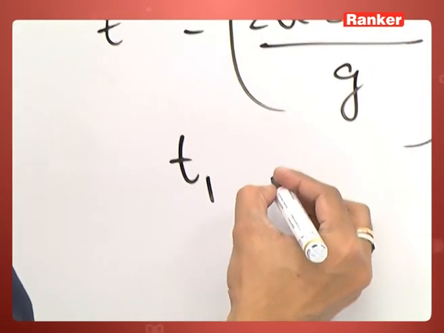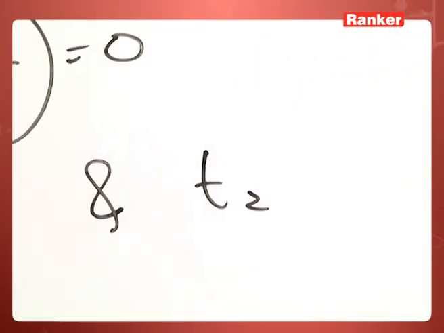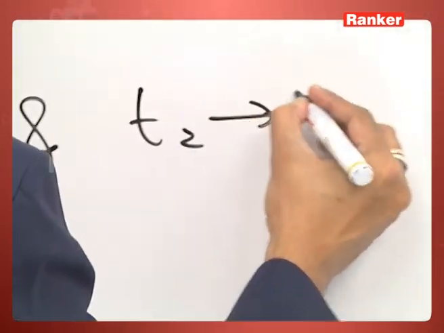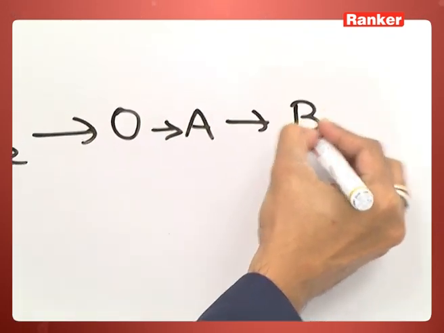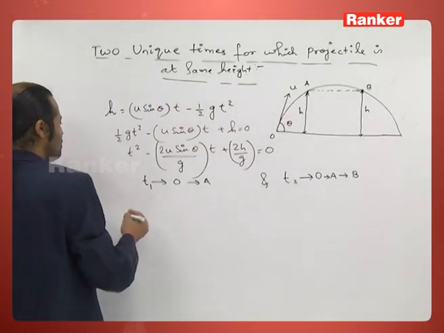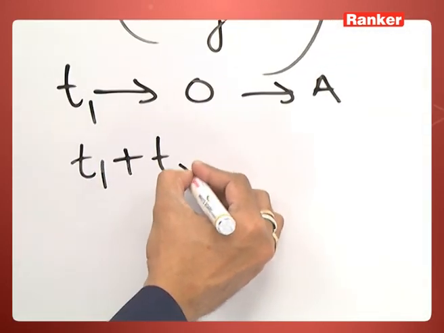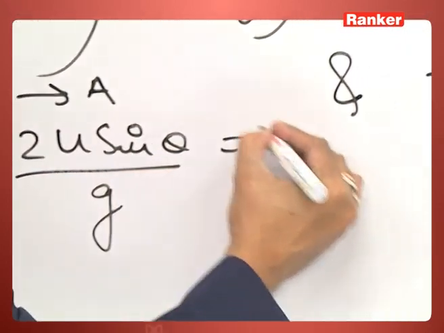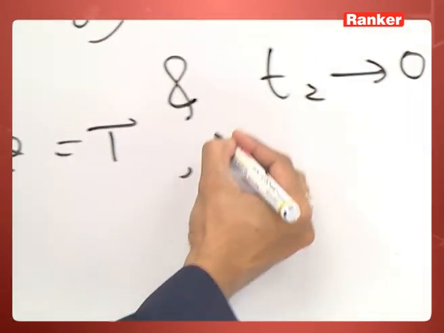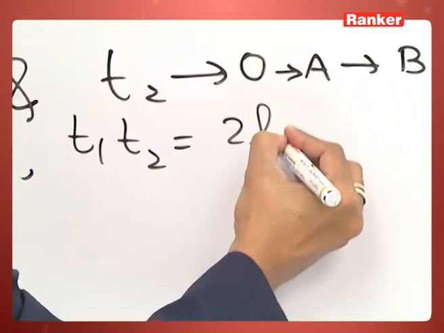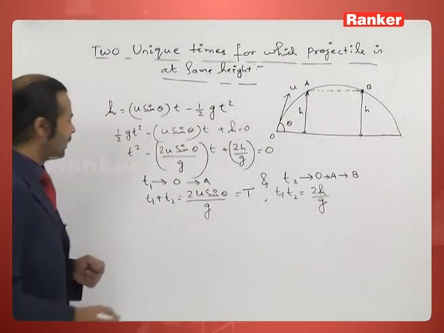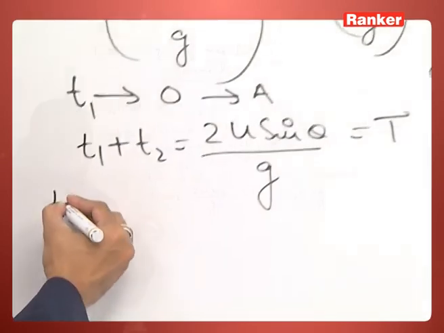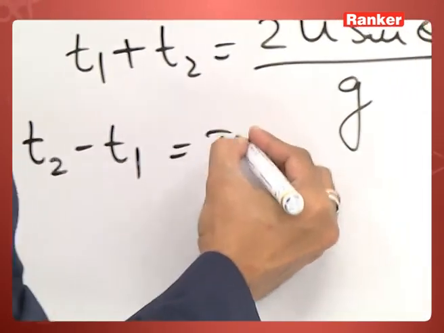So t1 and t2. T1 time is from O to A, T2 time is O to A to B. So 2 roots, so I can write T1 plus T2 is minus b by a, 2u sine theta by g, which is nothing but T, and T1 T2 is 2h by g. So I need to calculate time taken from A to B. So T2 minus T1 is time taken